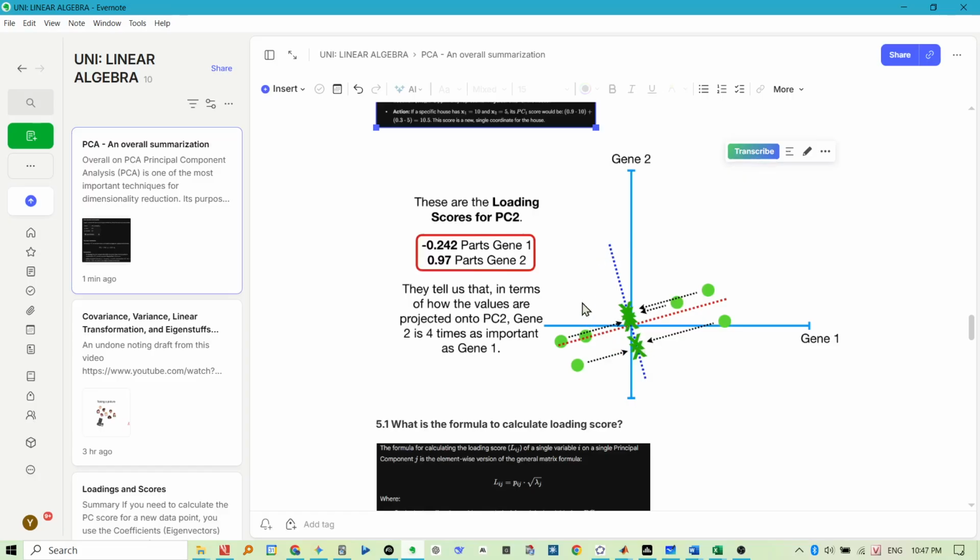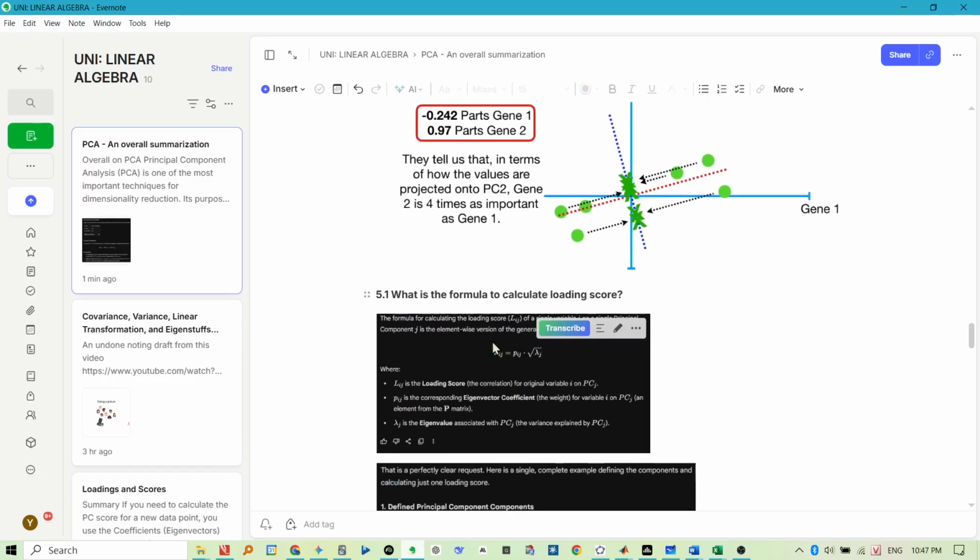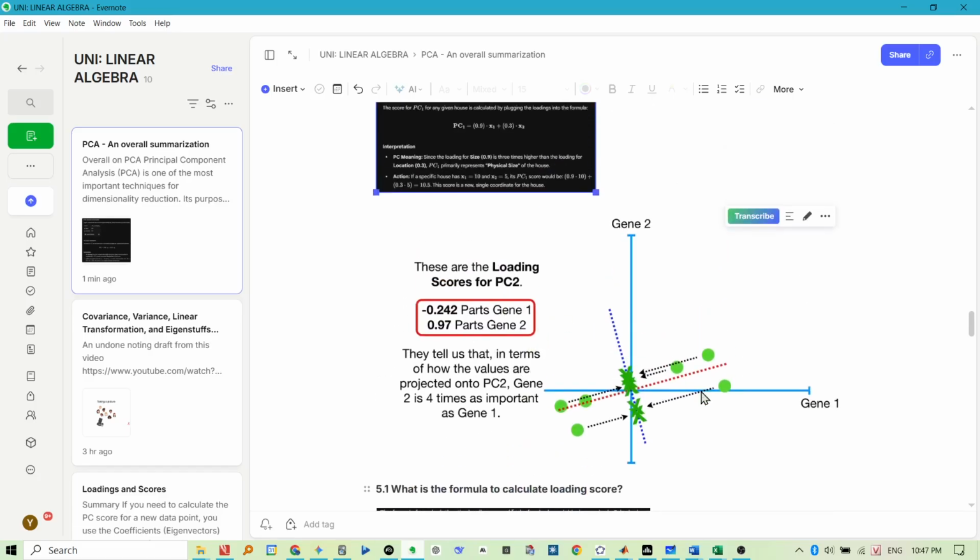Okay, that's how we construct PC2 from the two genes, gene 1 and gene 2,